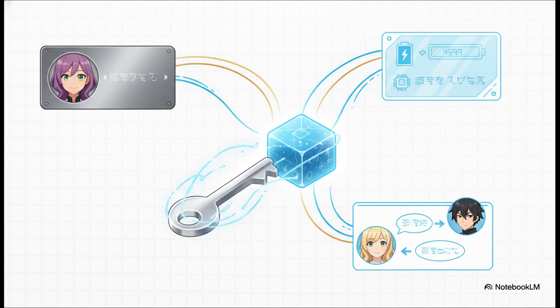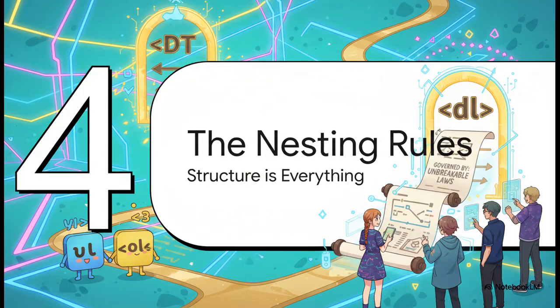You can use a DL for glossaries for sure, but also for stuff like user profile info, product specifications, or even a dialogue in a script, right? Where each DT is the speaker and each DD is their line. How cool is that? Okay, now that we know our cast of characters, UL, OL, and DL,